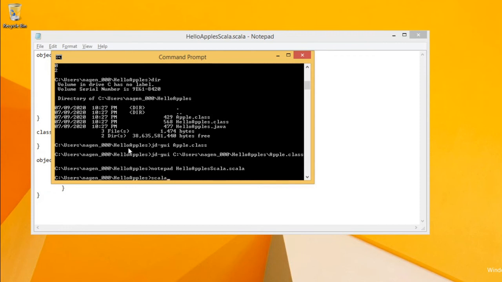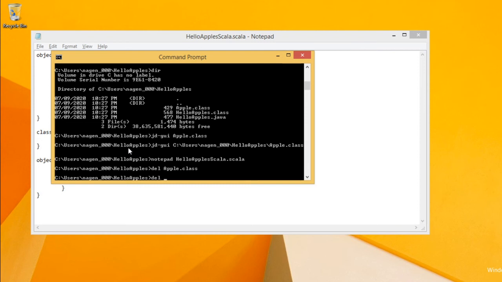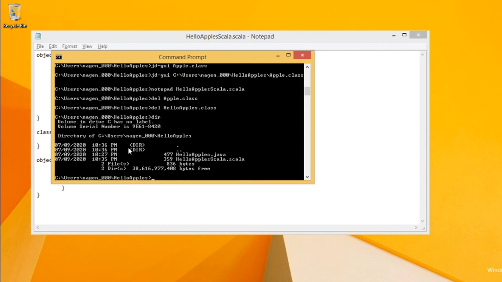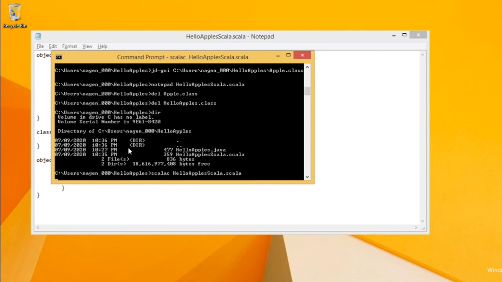We'll delete other class files, and see, we have the same thing. Scala compiler, hello apples scala.